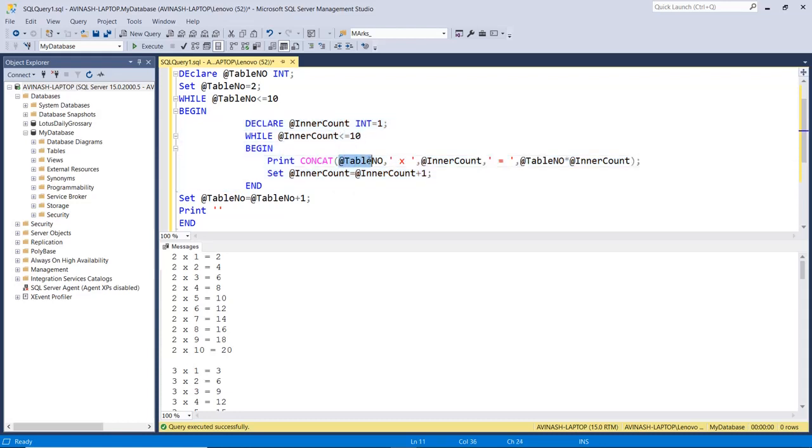In the inner loop there is no change for this table number. Then this is 1, 2, 3, 4, and then the multiplication of the table number and inner count. Once this loop is over, we increase the value of the table number variable. So next time it's 3, after that 4.